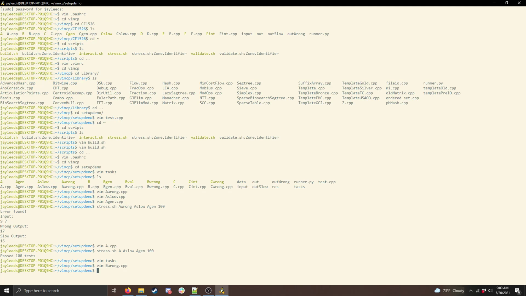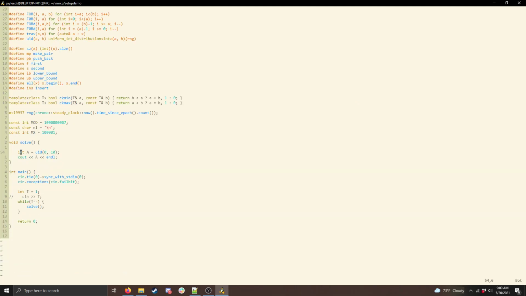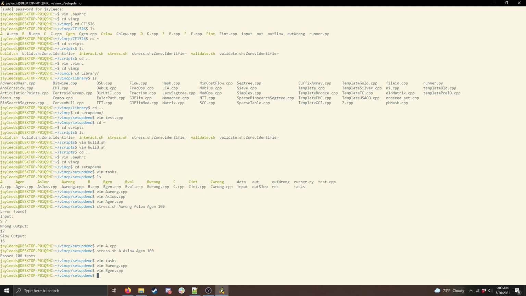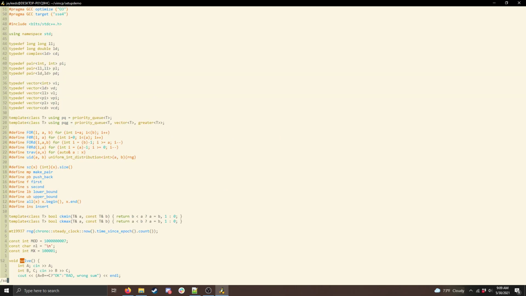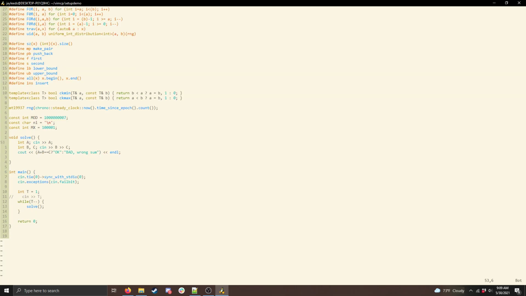And so what you need in order to stress test a constructive problem, or a problem where there might be multiple correct answers, is a generator again. Let me show you the one I wrote. This just lets a be a random integer from 0 to 10 and then outputs it. And then what you're going to need is a validator. How a validator works in my system is it's first passed the input to the original program, so this value a, and then it's passed whatever your program outputs, and so here that's b and c,